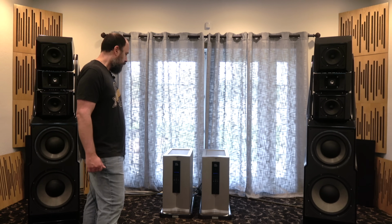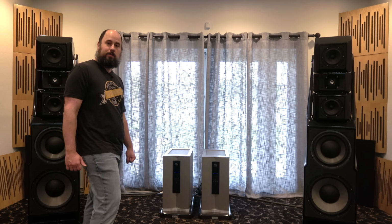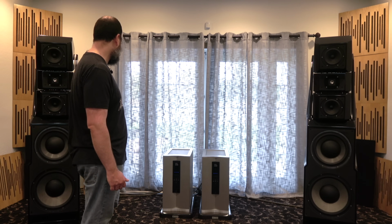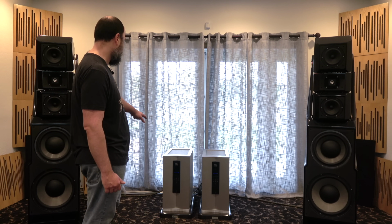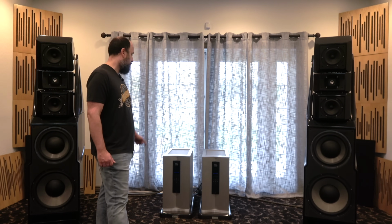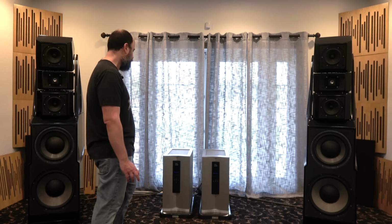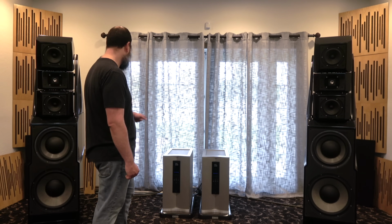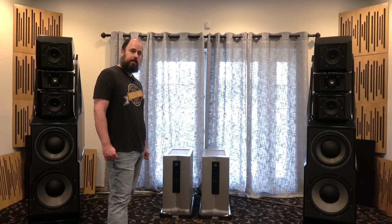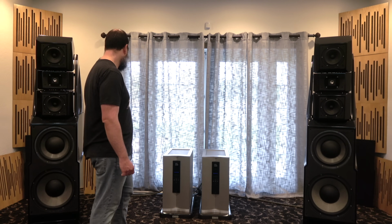And yeah, as far as cabling for these go, I have Wireworld Eclipse Silver and the second top tier power cables. These are IEC 20 plugs, so they required a special power cord connector. And these are the Electra Platinums, I believe. But yeah, so Wireworld cabling throughout. The whole system, by the way, is Wireworld Silver Eclipse, so throughout the system, cables,